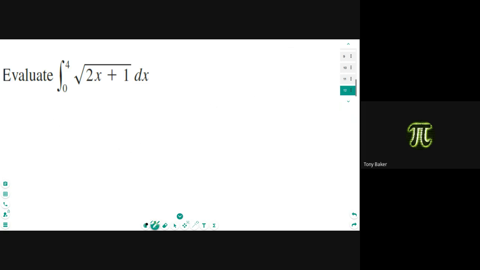So I made the u the 2x plus 1. And then we had du is 2dx. And then we had the 1/2 du equals dx. These two numbers right here,